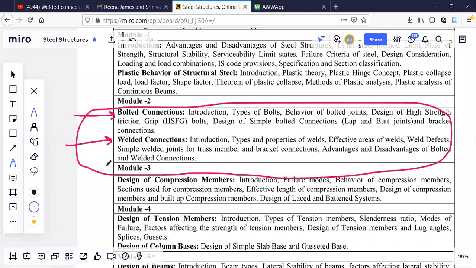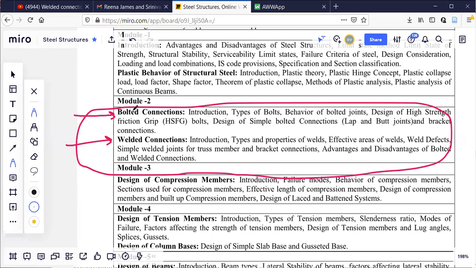If I want to join two members, that can be done by using bolts or by welding them. Both options are available, but I cannot say that welded connections can be used everywhere and bolted is already outdated. Bolted joints are not outdated.